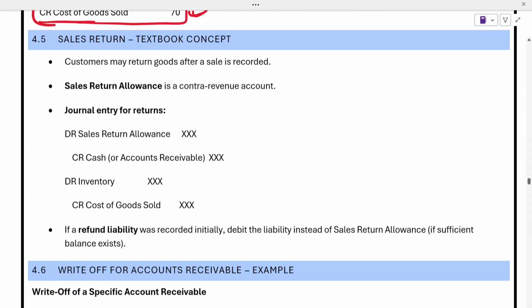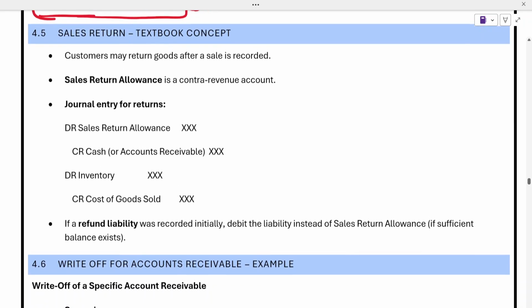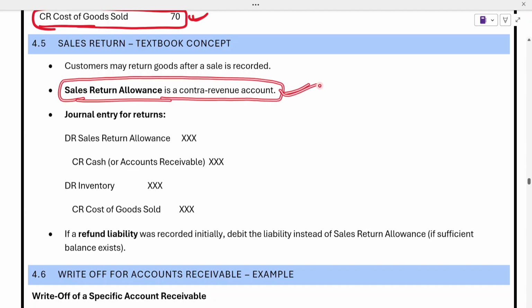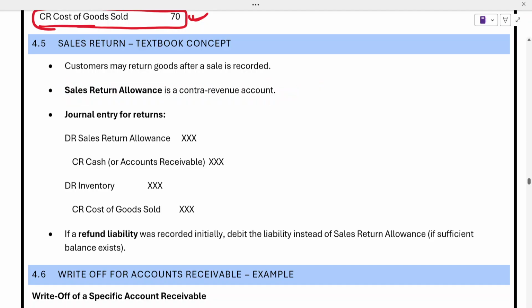So this was a basic, very small concept about sales return. Now let's see the same thing in the textbook. The textbook simply says that customers may return goods after the sale is recorded. So you have sold and they have returned after that. Then you will create a sales return allowance account, or simply a sales return account, where the revenue will be reversed. We have seen that. And the general entry will be what? When you do sales,